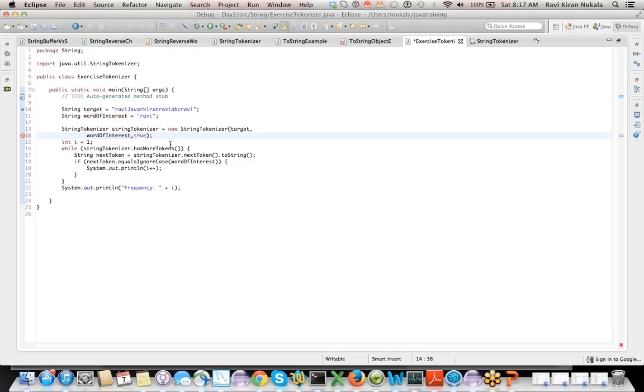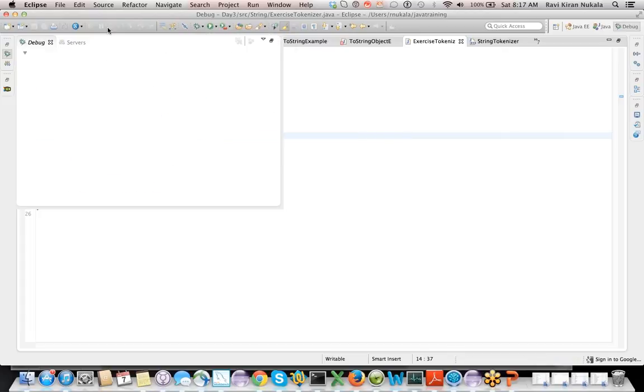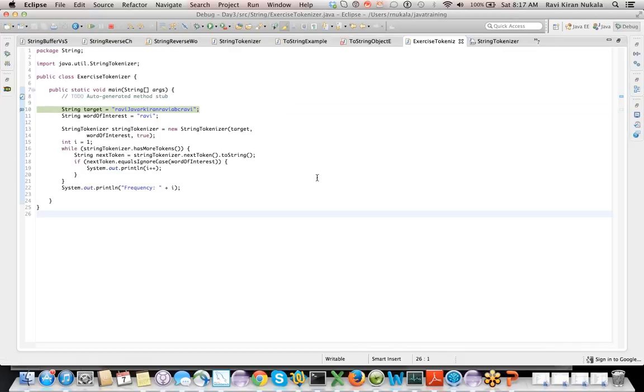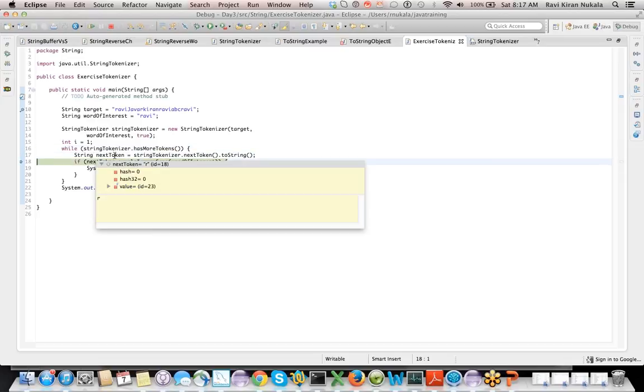I'm going to say return token all the elements. So it should return the delimiter as well. It is just giving us Java in this case. That's the problem. It's just giving us R. I don't want just R. I want everything in that. Maybe it works only for pipe and commas. That's why.